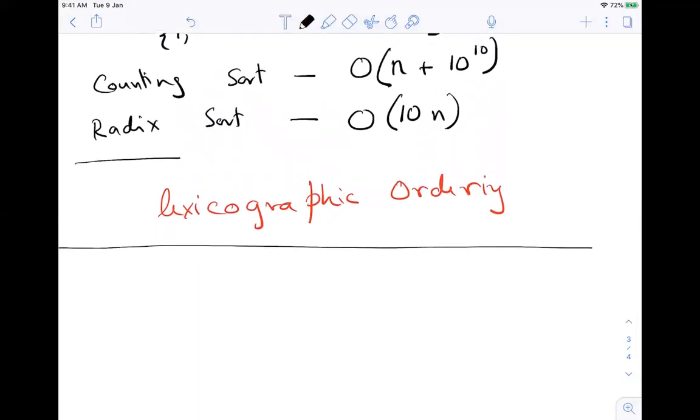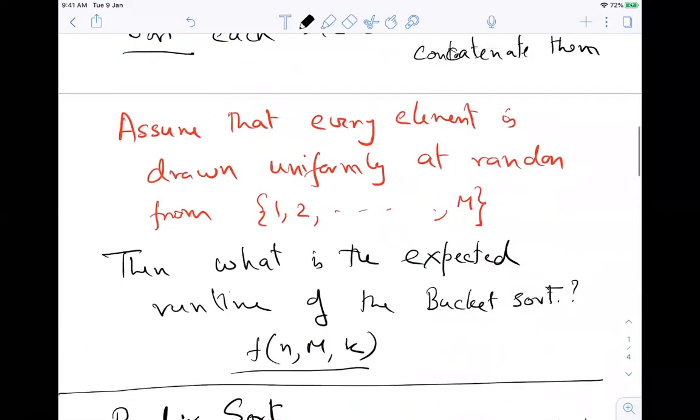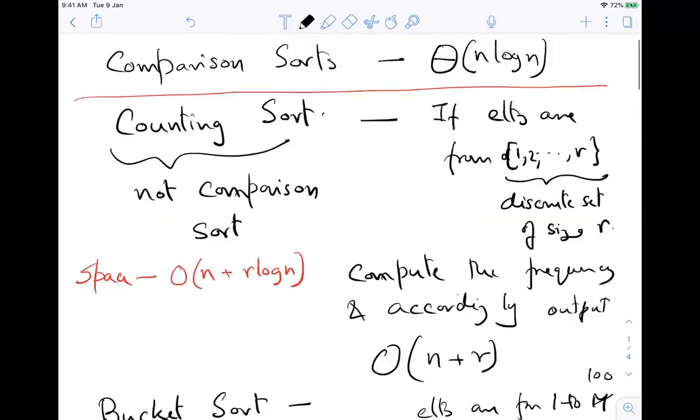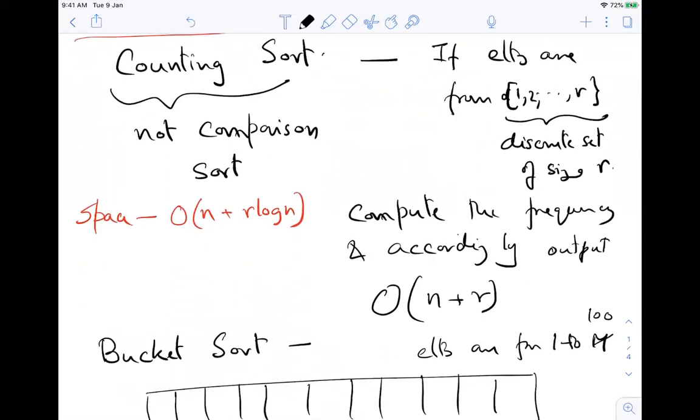Sir, how do we count the time complexity of counting sort? It is order n. So what do I do in the counting sort? We have two steps. We go over all the elements and count the frequency. Every time I see an element i, I go to the frequency f of i and I increment it by 1.